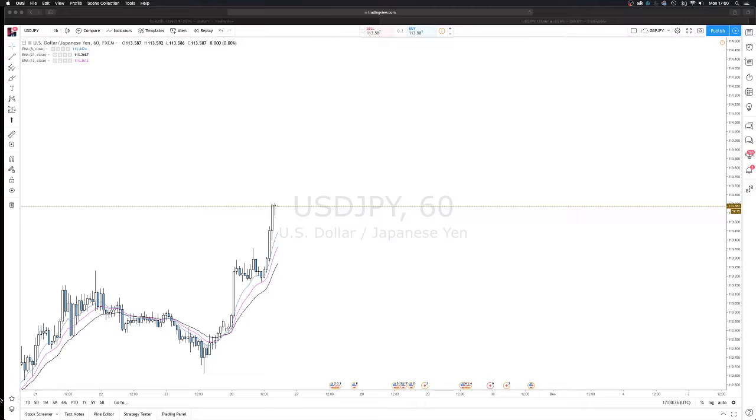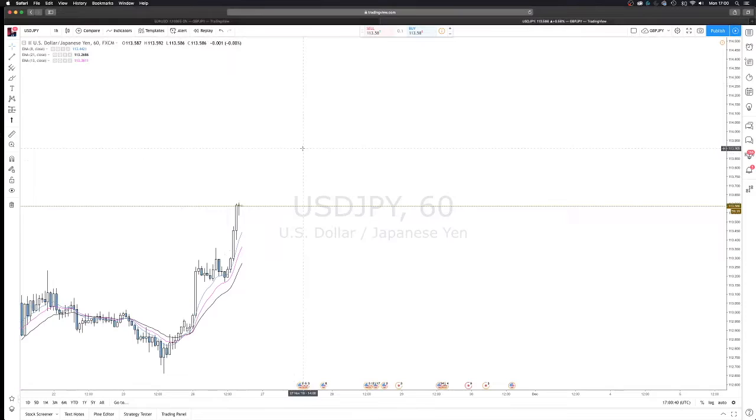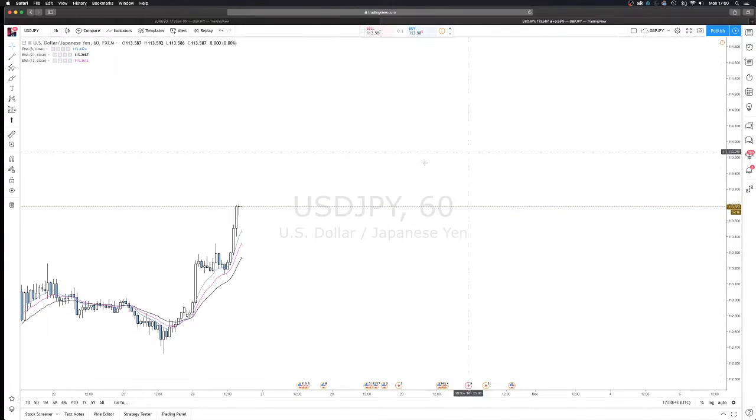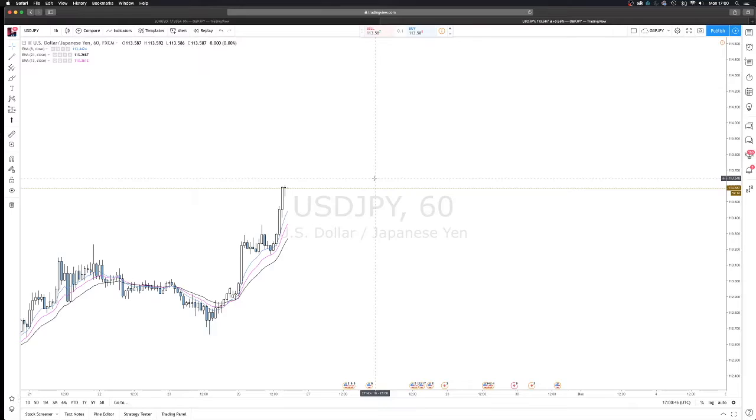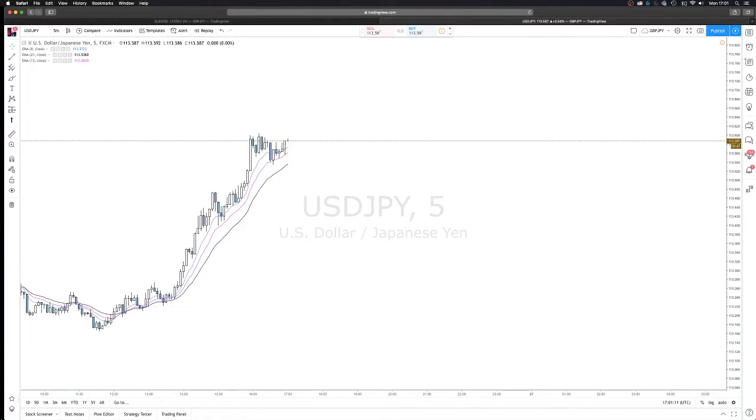So just before I was about to record this video, there is a setup that has occurred on the USD yen. As I mentioned yesterday on my weekly outlook, I have been looking for long opportunities on this pair to the upside, and I will go over the trades that I've taken so far. But at the moment, as you can see, the EMAs have been fanning out. So when I drop down, obviously they're moving away from the 8 EMA. When I've dropped down to the 5-minute chart, there is a valid setup there. So I have got my orders placed ready